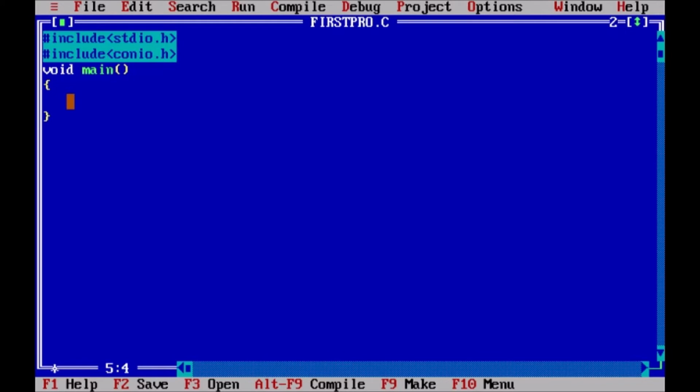So our task is to print hello world. For performing that task, we have to use the function printf. printf is a function that is used to print anything that we have written on the screen. The thing or the text that we want to print always must be enclosed within the quotations. So inside this quotation, we have to write the thing that we want to print, like hello world.